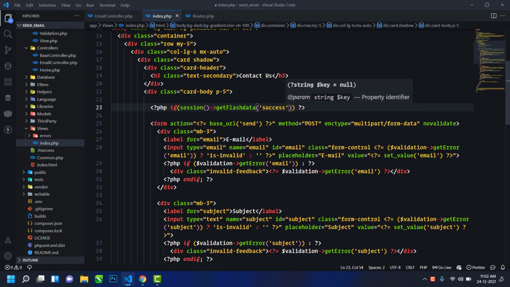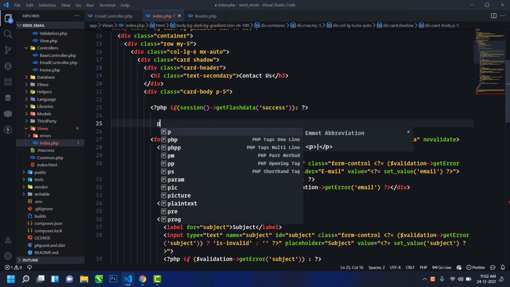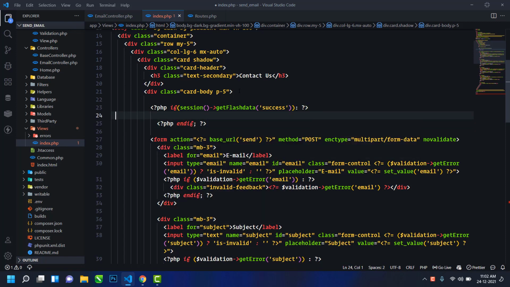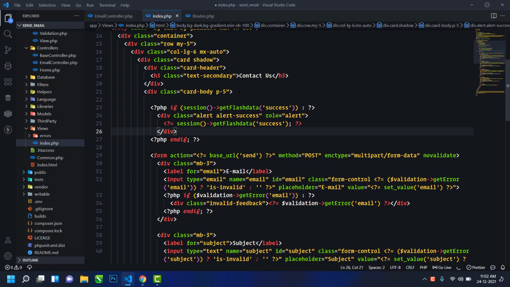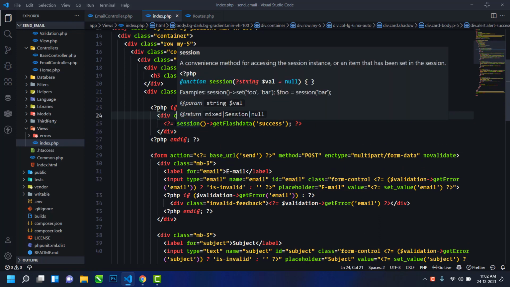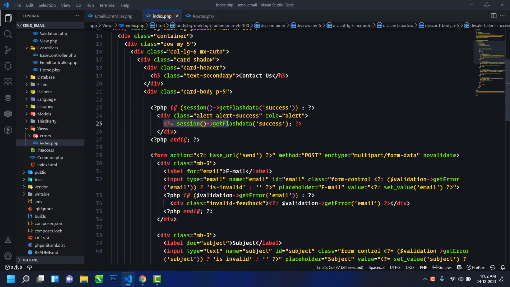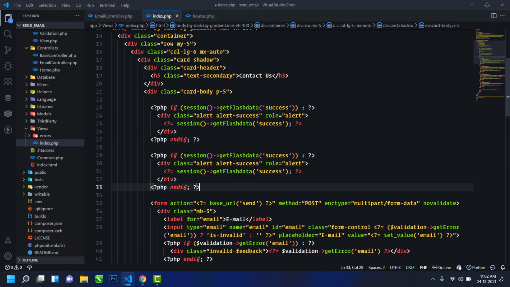So if there is any message with the success key, then in this case here first just use end if, and here we will display the bootstrap alert. Okay, so just use div alert success, and here to display the message just use session get flash data success. Okay, similarly for the error message, so just copy the same thing and paste it here, just change success to error, and then also change the alert type to danger.